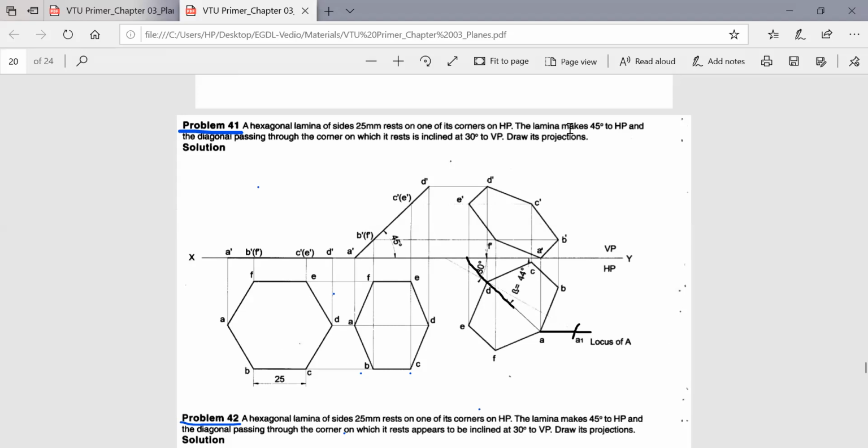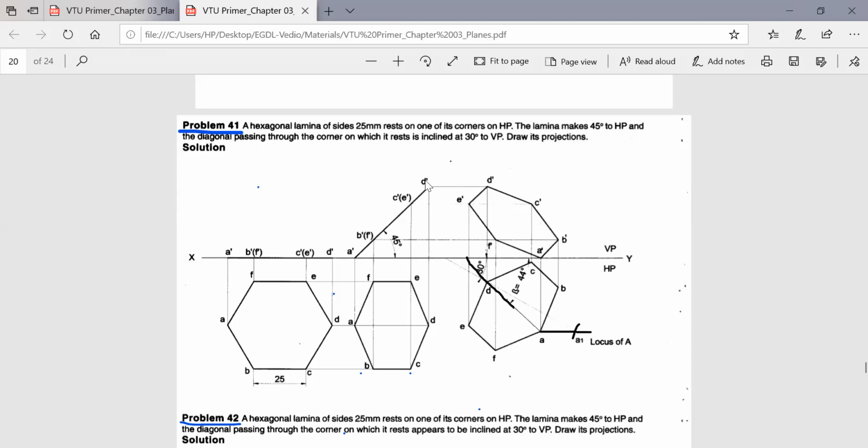And then it is told the lamina makes 45 degree to HP. So the surface which was parallel to the XY line will now be shifted to 45 degree to HP. So again the process is the same. You will leave some distance, make a point and write it as A dash. From that point you take 45 degree. After taking 45 degree, you measure this distance A dash to D dash, how much it is, and keeping one